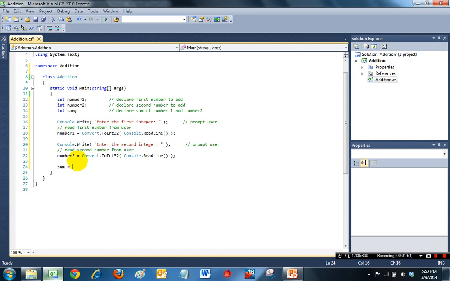So sum will be the variable, and it's an assignment, so a single equals sign, and number 1 plus, arithmetic operator plus, number 2, and I can add here something to the effect of add numbers, maybe even adjusting there, and finally